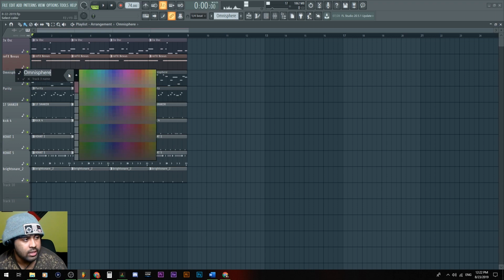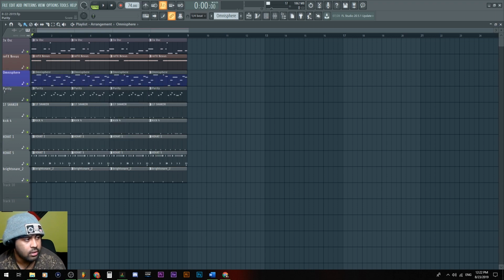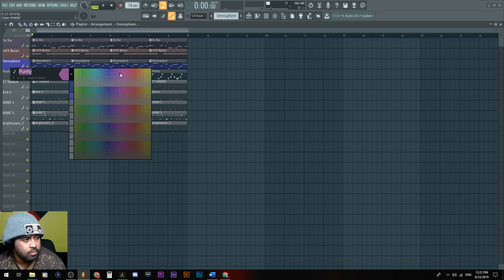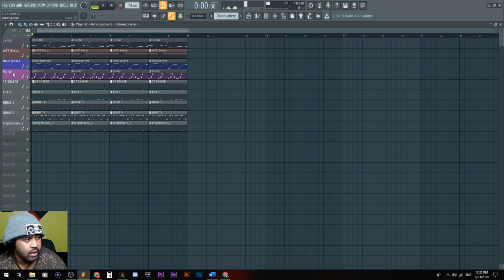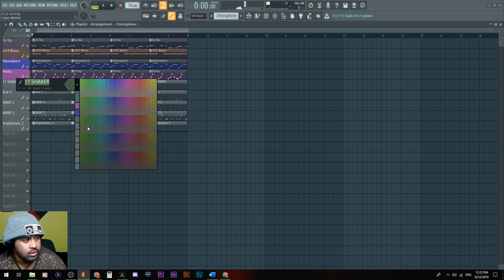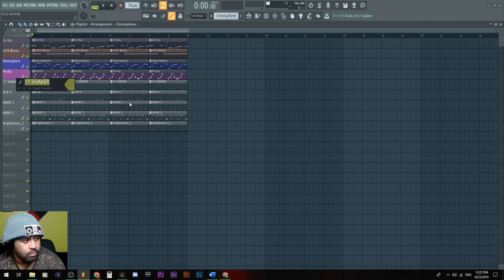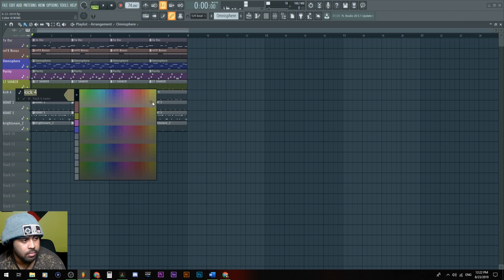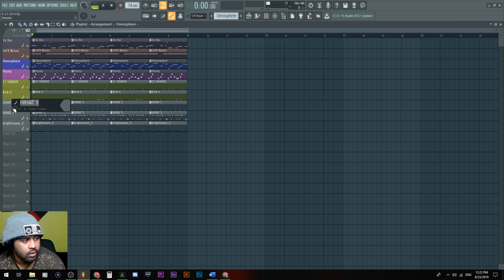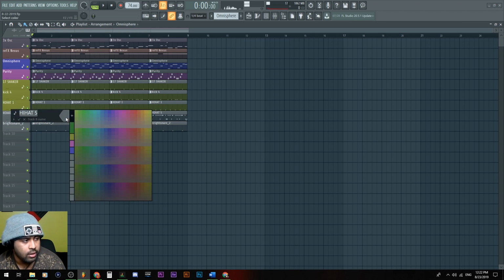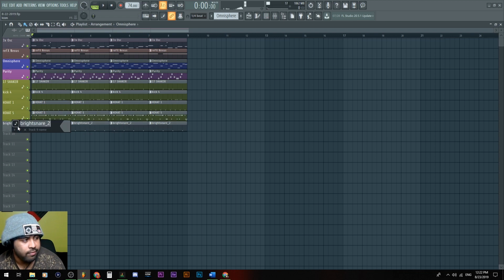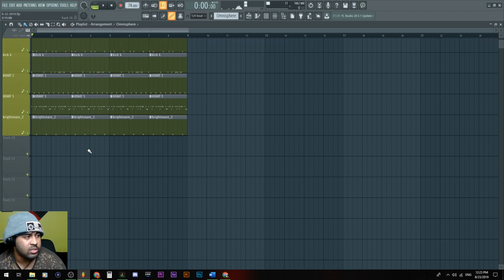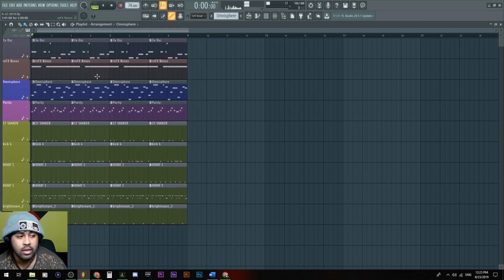So yeah, we can even change the sounds into different colors. So like this and purple, pink. And then I guess we could leave the drums a certain color, make it yellow like that. So I'm just middle clicking, going to the yellow and just selecting that. Trust me, when you organize via color, everything feels better. Makes you want to have a better workspace. But yeah, looks good, feels good.